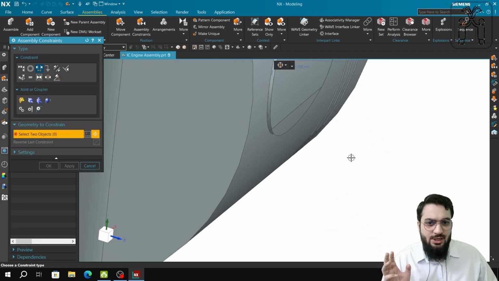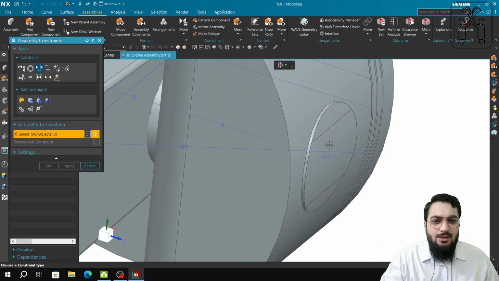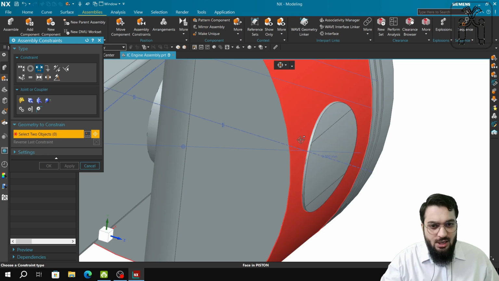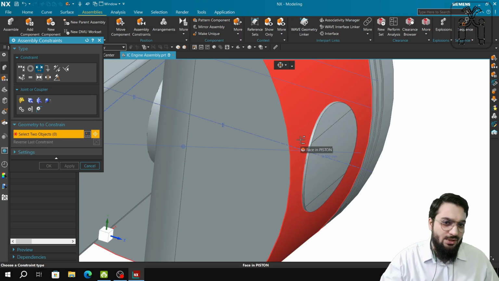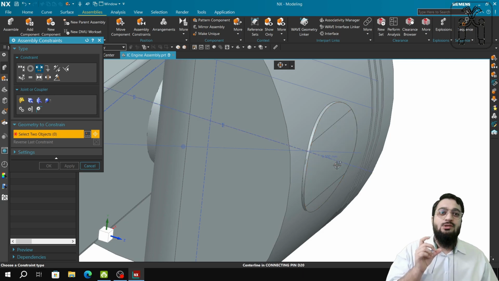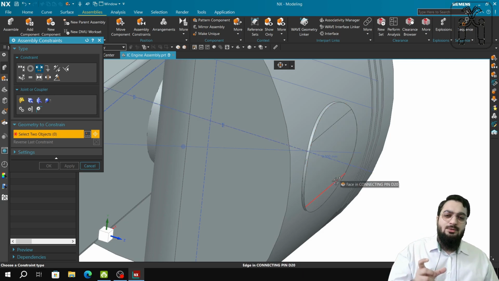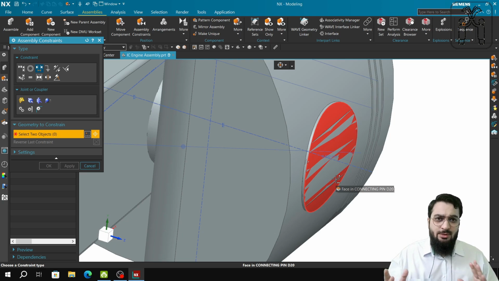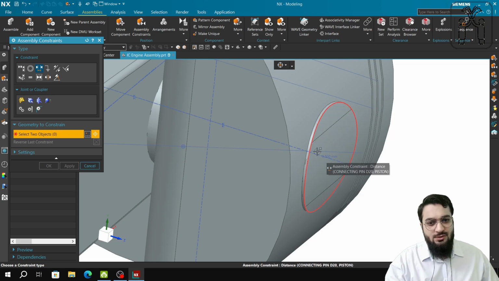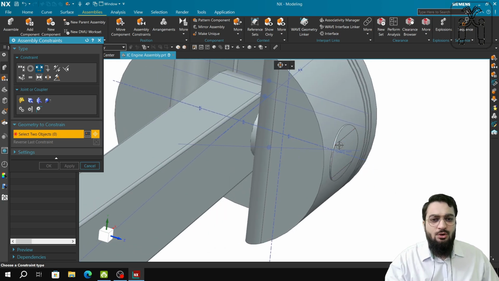and the distance constraint will be applied between the face of this connecting pin and the face of this piston, and it will be 0.5 because the connecting pin was 81 mm and the piston is in the same direction 80 mm. So on either side there is 0.5 mm if you look into the radius. So distance will be 0.5 mm. Then automatically this